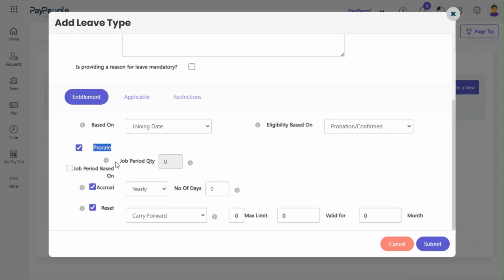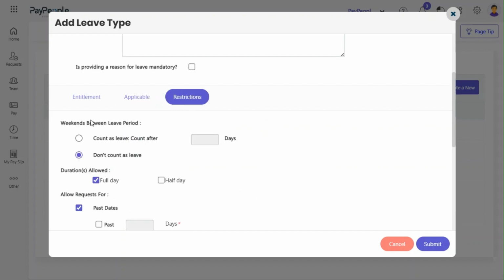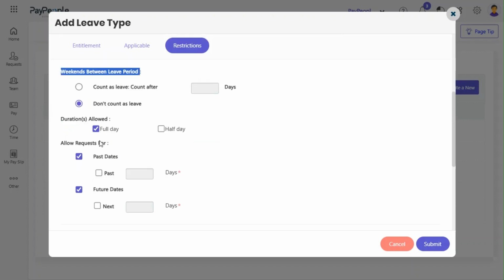For leave accrual, you can choose whether it should be prorated and set the accrual frequency as either yearly or monthly. You can also define the number of days of leave, the carry-forward limit, and how long the carry-forward is valid in months. The leave policy can be applied to specific employees based on gender, marital status, location, designation, or employees. Restrictions can be defined for weekends between leave periods, as well as for the durations allowed, full day, half day, or